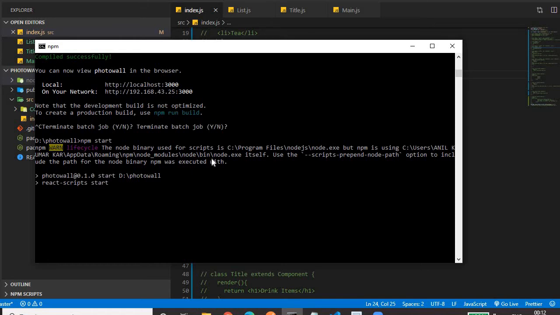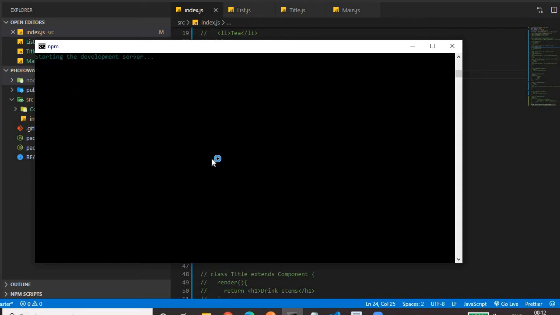It will take a couple of minutes. It will host your application in a web server, the live web server. See, by default it opens my default browser. You will see your application, whatever you have coded, in your default web browser. So this is what I coded. Let me close the previous tab.